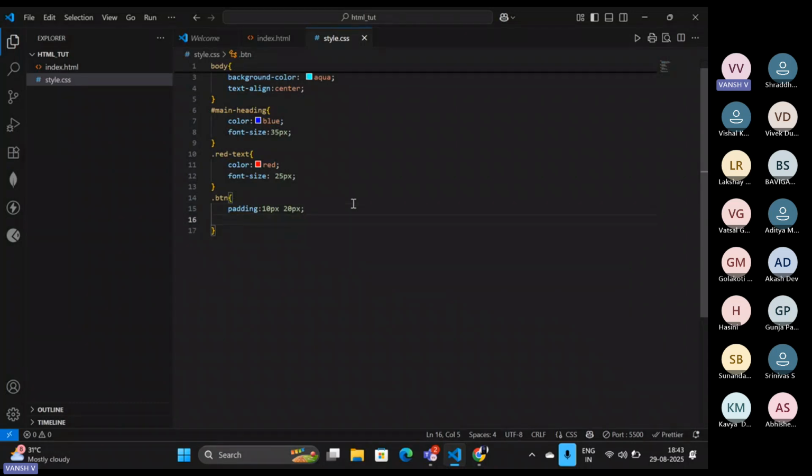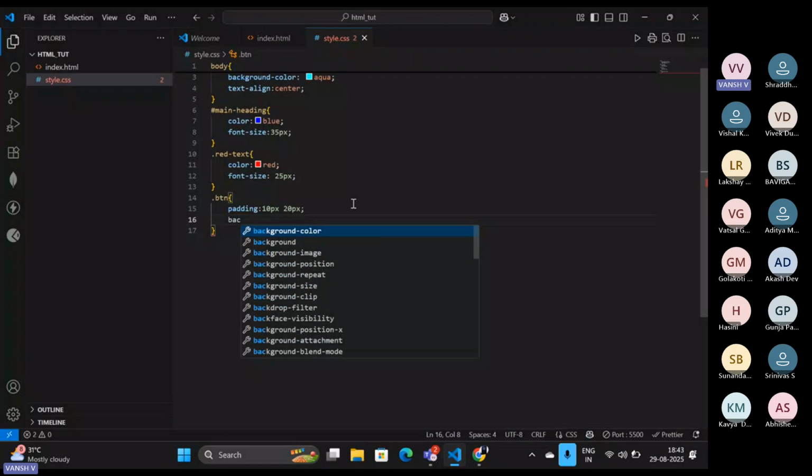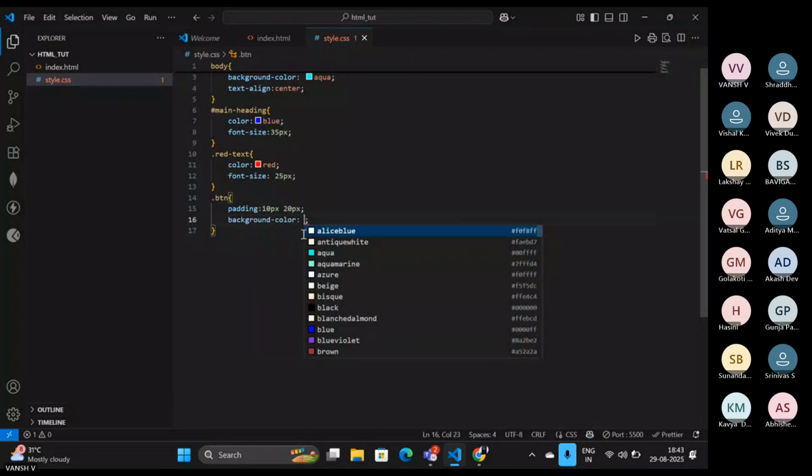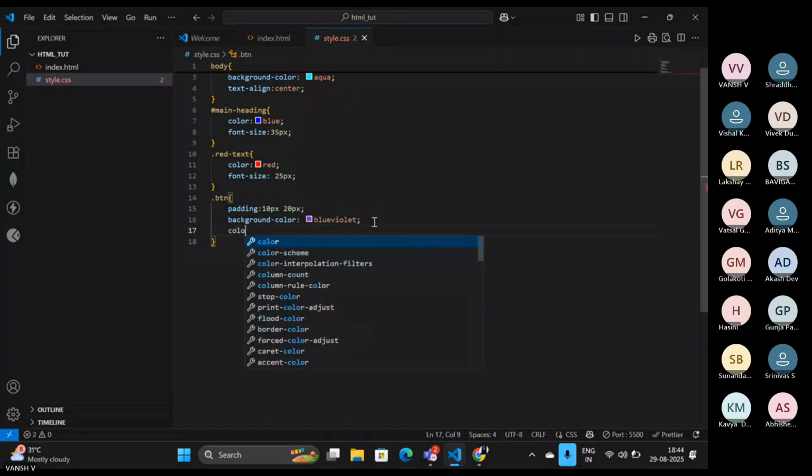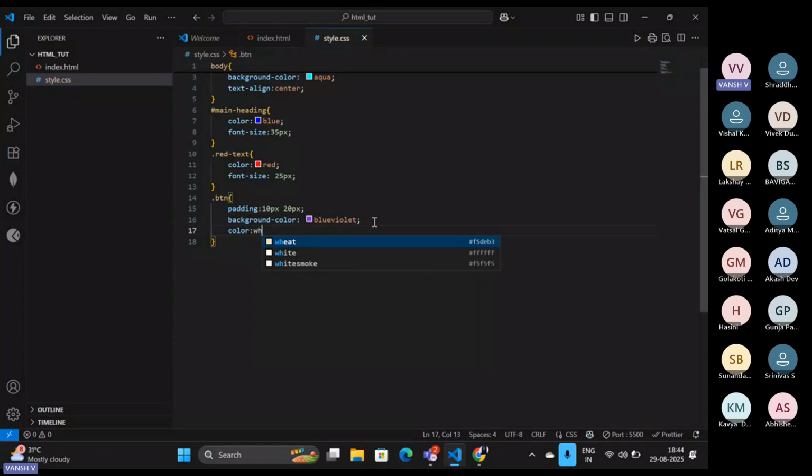And now I want to change the background color. Suppose I want to change the background color to something which will be visible. Let me change it to violet blue. After this, text color inside it. So if we are using violet blue, then the text color should be white, so it will be visible. That's why I'm using the color white. So the button is now